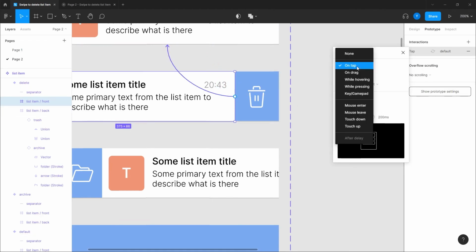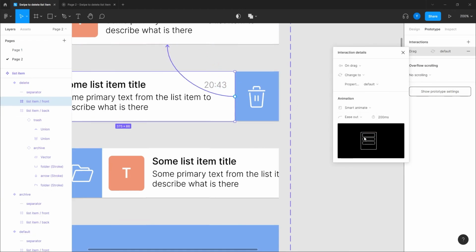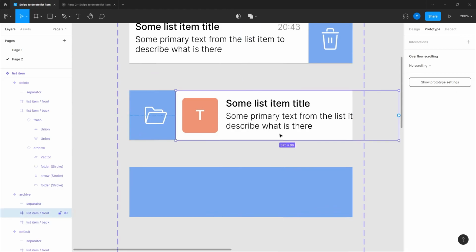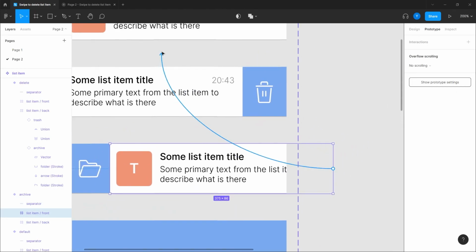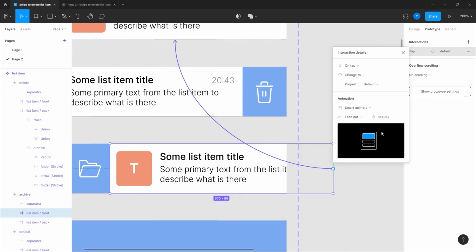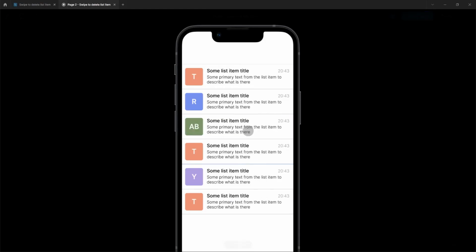Okay, so this is on drag, of course, give it a 300. Yeah, I mean, I should, of course. And this one, yeah, I forgot about this one. Yeah, it's going to be back here, same thing. And now we can do it. And if I drag it here, so we see this beautiful animation.